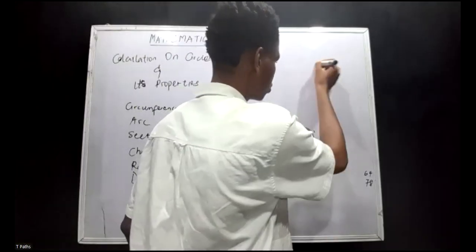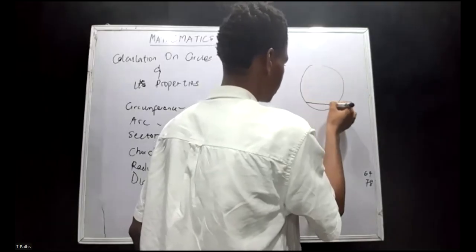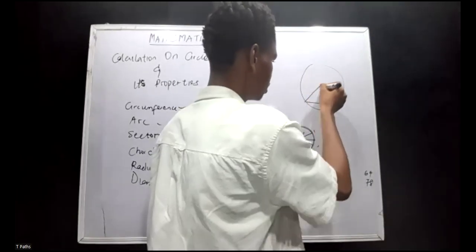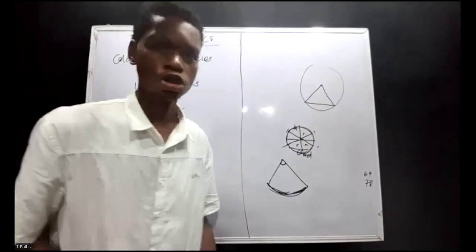So for example, I'm going to redraw this. I have a chord here. This is the center of my circle. The segment here is simply the line that